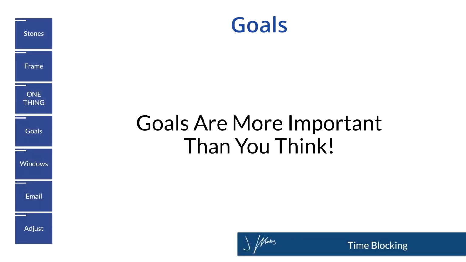And this is where you take a look at your quarterly or annual goals and you decide what is the most important thing you can do right now in order to achieve those goals. So think of it as a giant string of dominoes. So what can you do right now in these time blocks that you're looking at in order to help you achieve that goal?